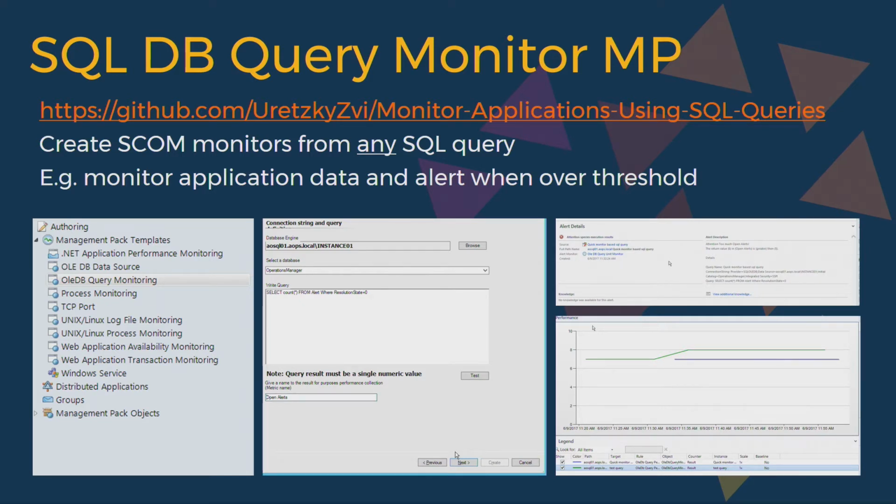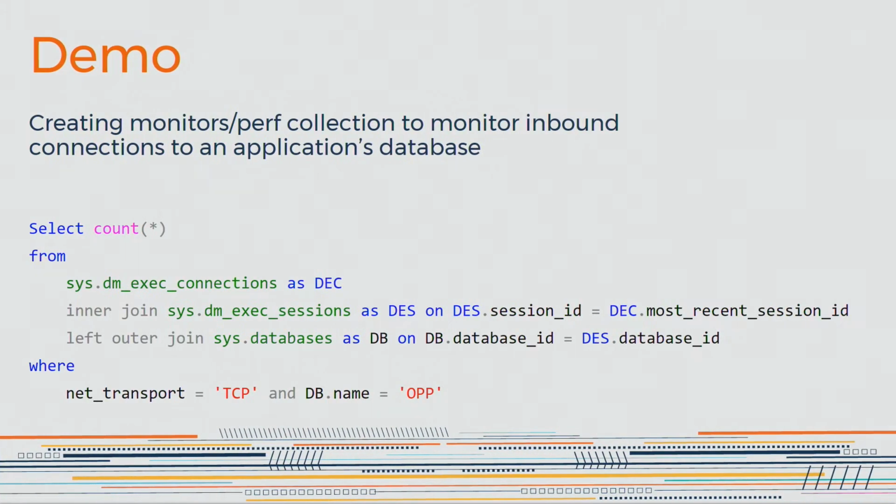Okay, so I'm actually going to show you a demo of this now, but unfortunately this requires me to use the SCOM console. So everyone pray for me. Hopefully my demo won't explode halfway through. So just to sidestep any sort of questions, I've put the query I'm going to use right there